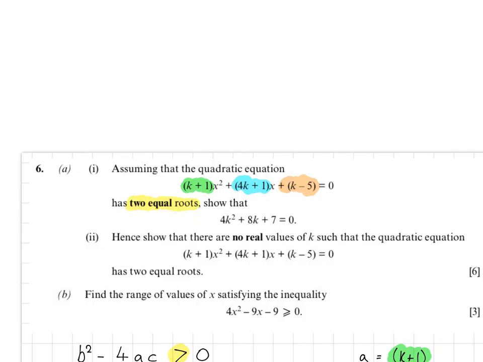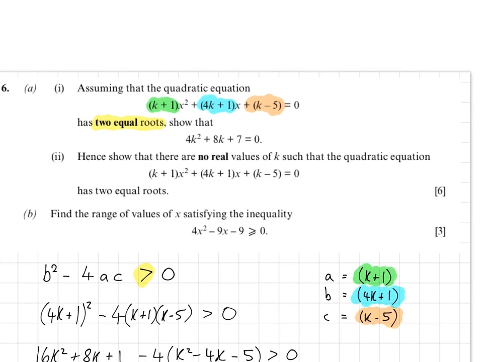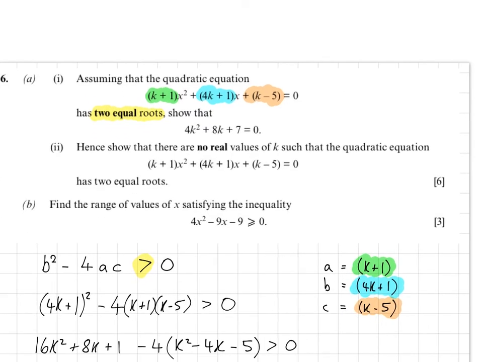Okay, question 6. So we've got some form of quadratic, and we're told that it has 2 equal roots. It says assuming that it has 2 equal roots, and we're asked to show that it equals that. Okay, so what I did here was I picked out my A value, my B value and my C value, and I've tried to colour code those here,